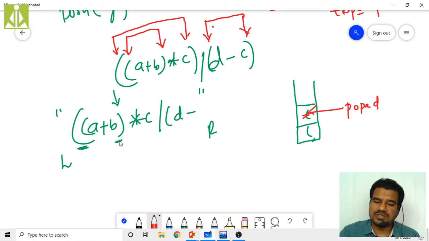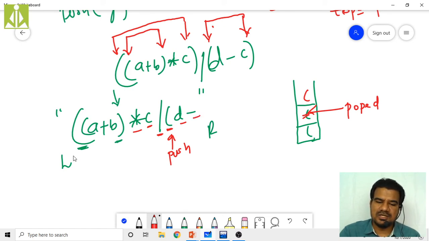So next, what do we have? After this closing bracket, another operator we have, so ignore. C operand we have, ignore. Then divide operator we have, ignore. Another opening bracket we have. As we got an opening bracket, what do we have to do? Push it. So this gets pushed onto the stack. Like this it will come over here. This gets pushed onto the stack. Then we have D, operand, ignore. Then we have operator minus, ignore.